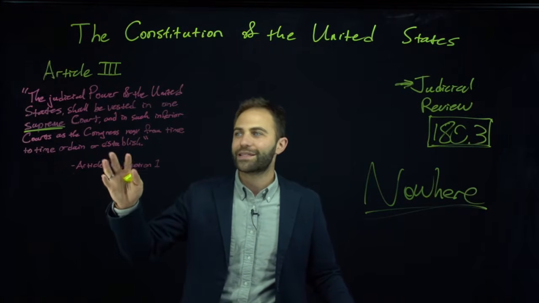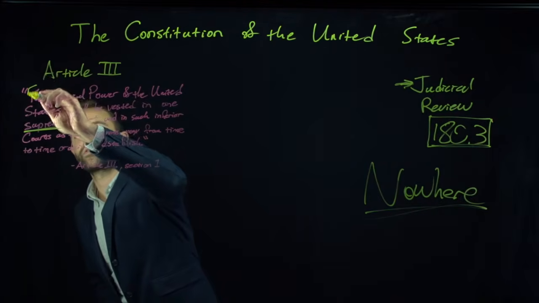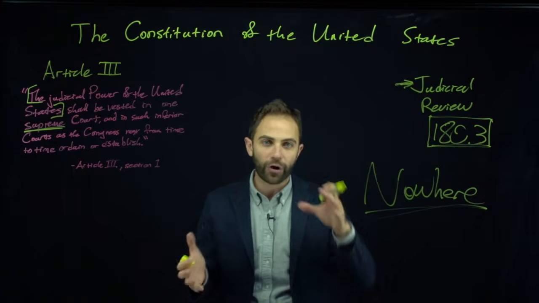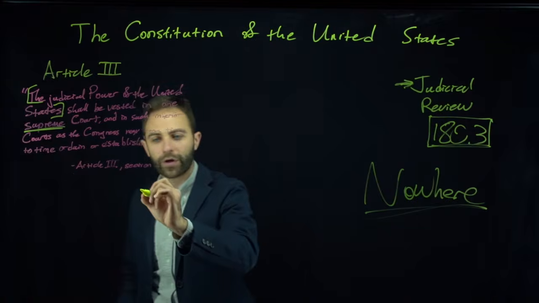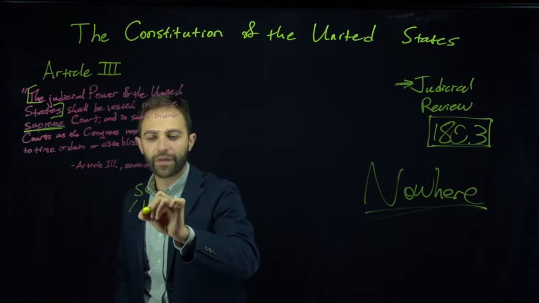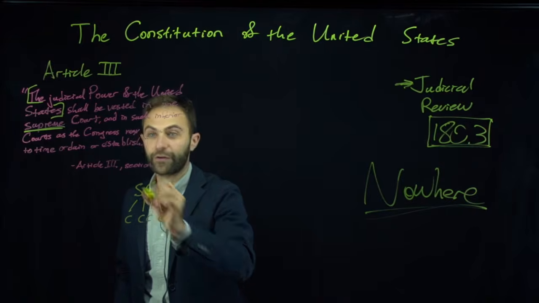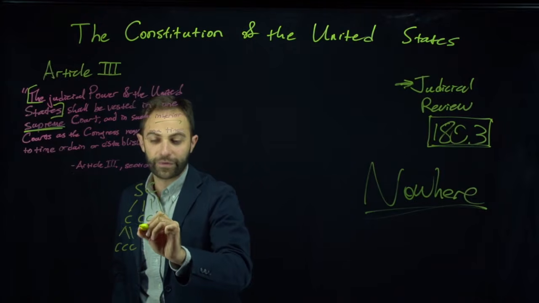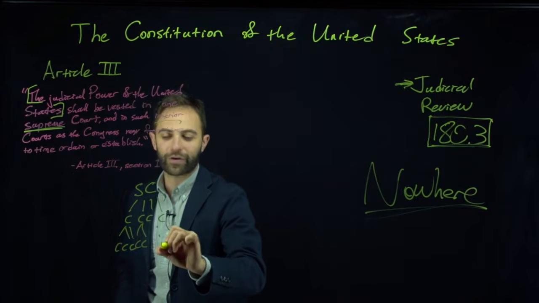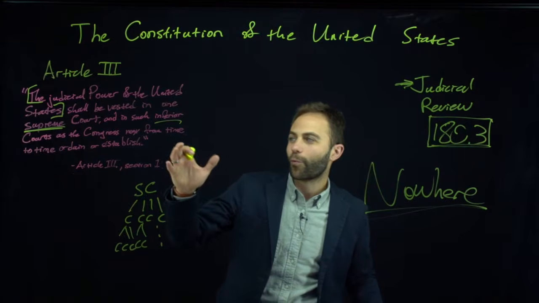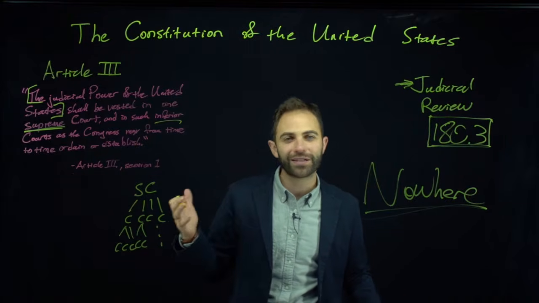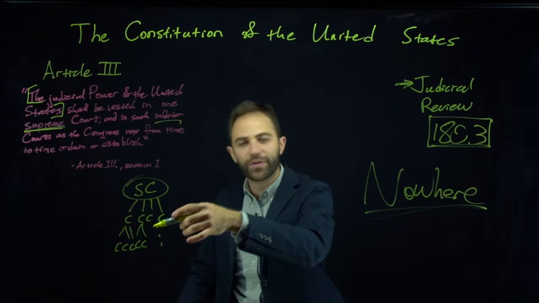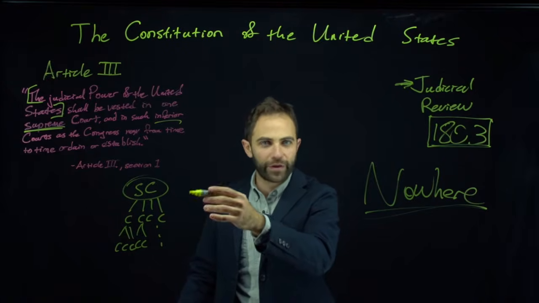What's going on is that there's a certain kind of power, the judicial power of the United States, and it's given to a hierarchical structure of courts, where there's one court at the top, the Supreme Court, and then there are other lesser courts, inferior courts, as they're called. And below those inferior courts are other, even more inferior courts, and so on. What the word supreme here means is just that this court is at the top of the hierarchy. That is, its decisions trump the decisions of the other courts. They win out when there's a conflict.